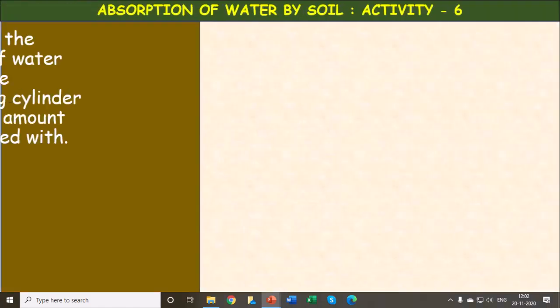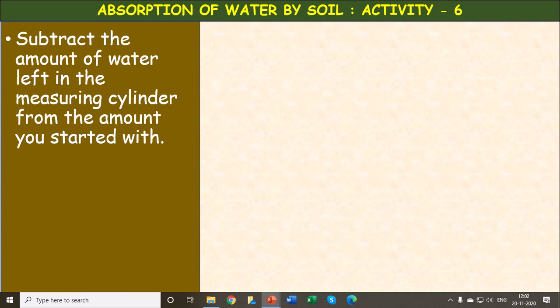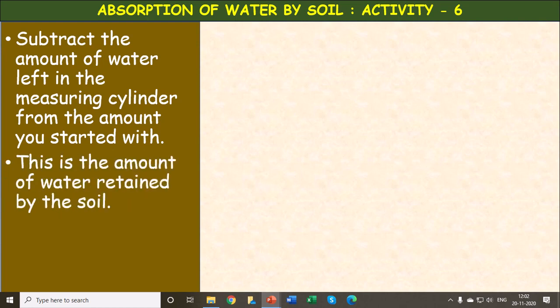Okay, so now what you have to do is subtract the amount of water left in the measuring cylinder from the water you started with. Then this is the amount of water retained by the soil. So after subtracting, this is the amount of water retained by the soil. Record your results in your notebook